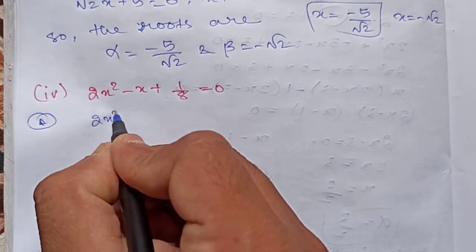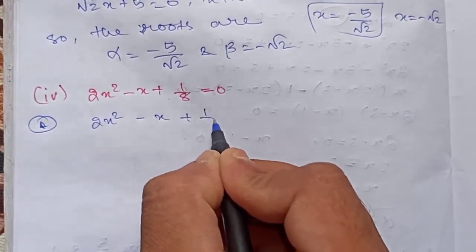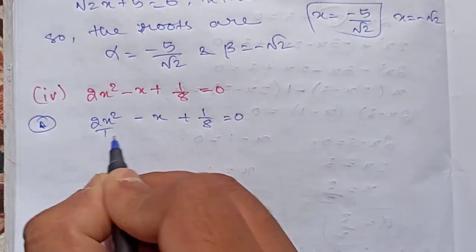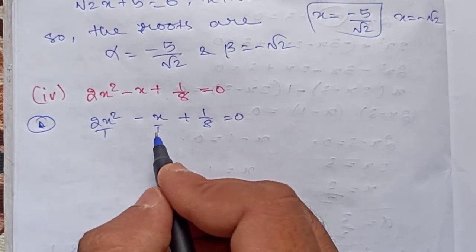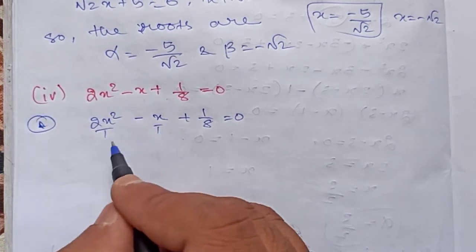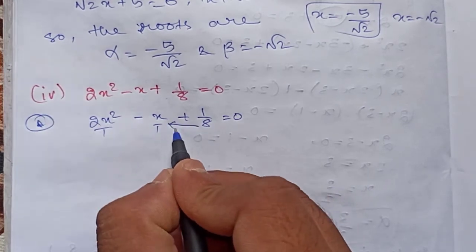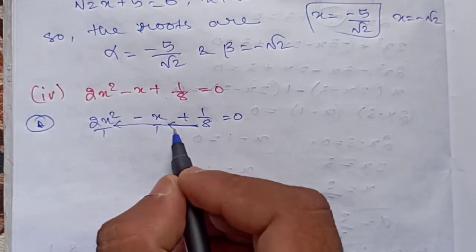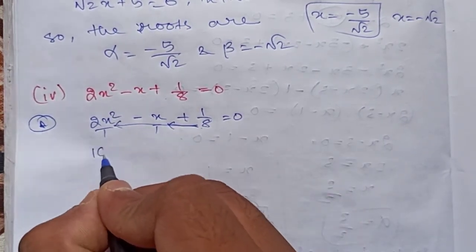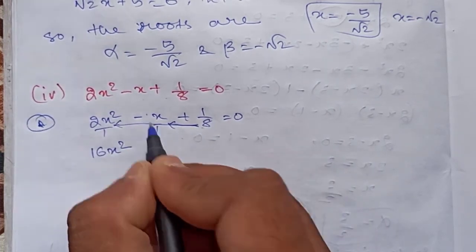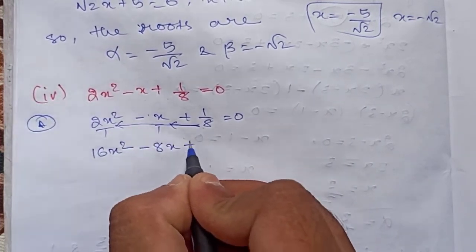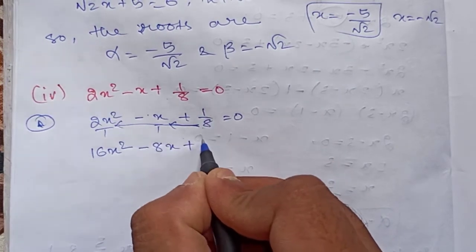So 2x square minus x plus 1 by 8 equals to 0. By 1 we can write because there is no number in the denominator. So whenever there is no number in the denominator, whichever denominator number is there, you multiply with the numerator. Okay, that means 8 2s are 16x square, 8 1s are 8x plus, no need to multiply anything here, 1